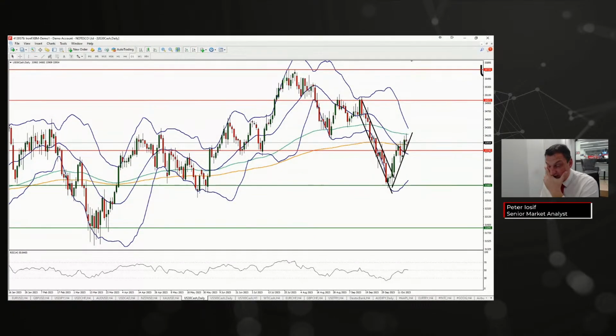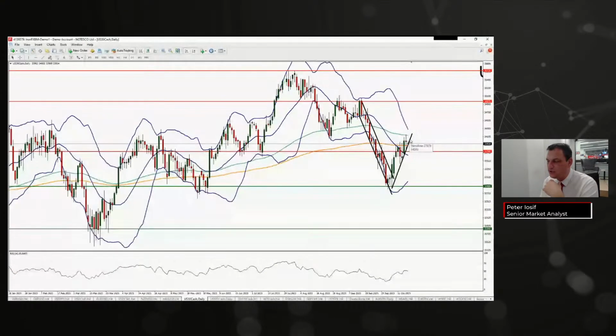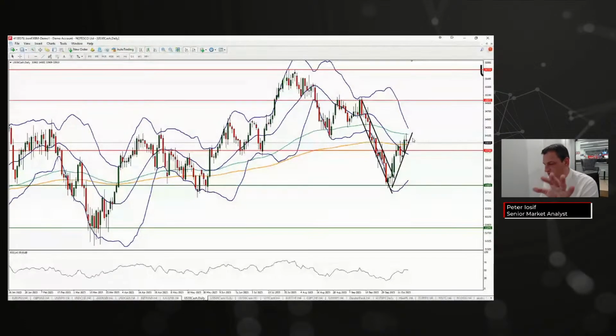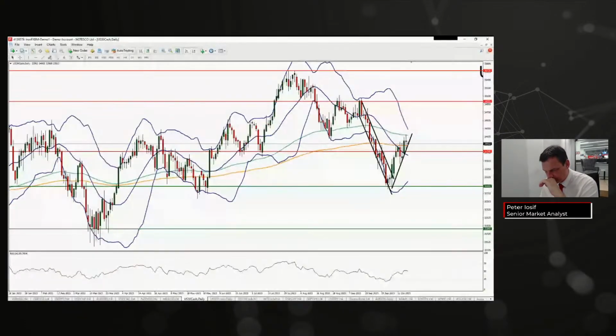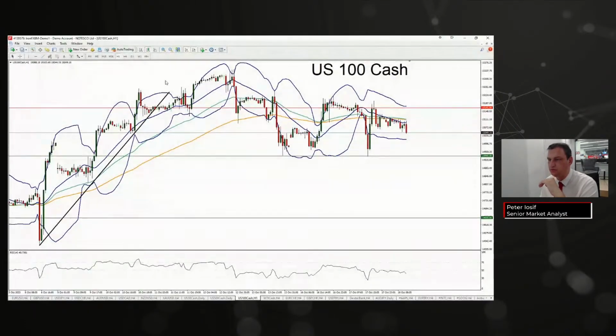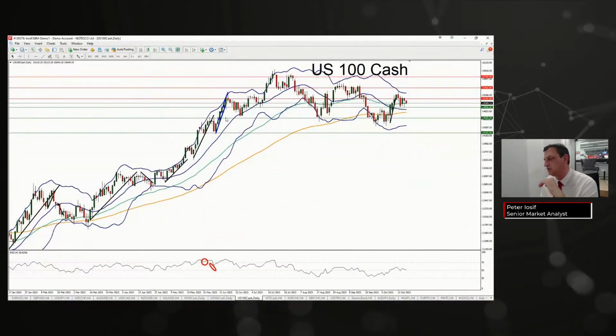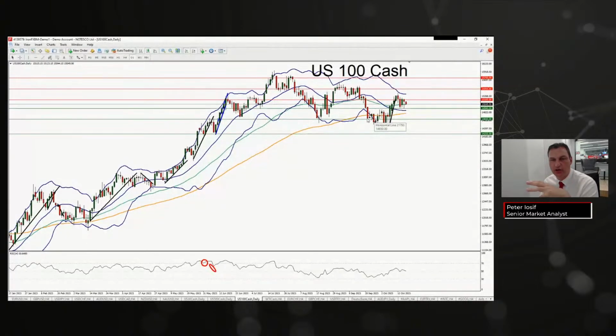Now you have seen the bullish movement in the daily chart of Dow Jones. Let me show you a contrast here. And we have the US 100 also in the daily chart. Note how the sideways motion prevails in NASDAQ. It's a very different picture, and it relates exactly that